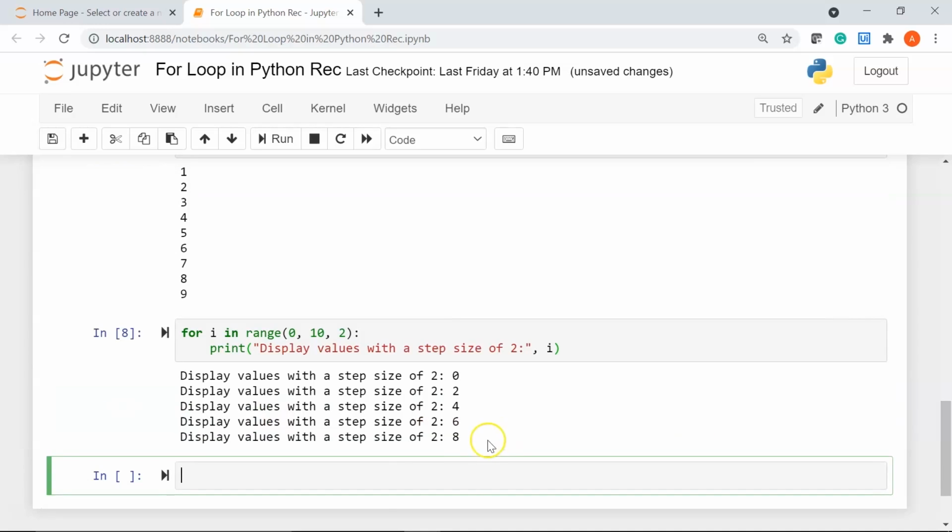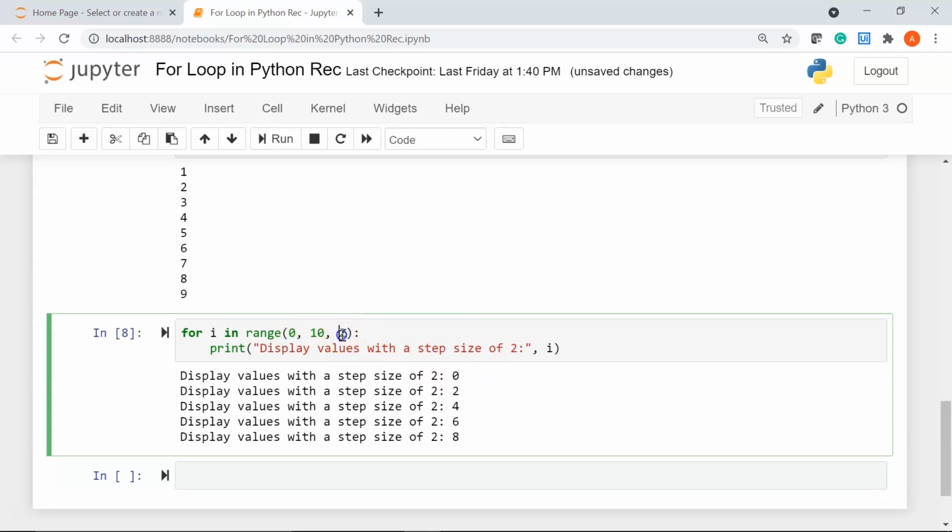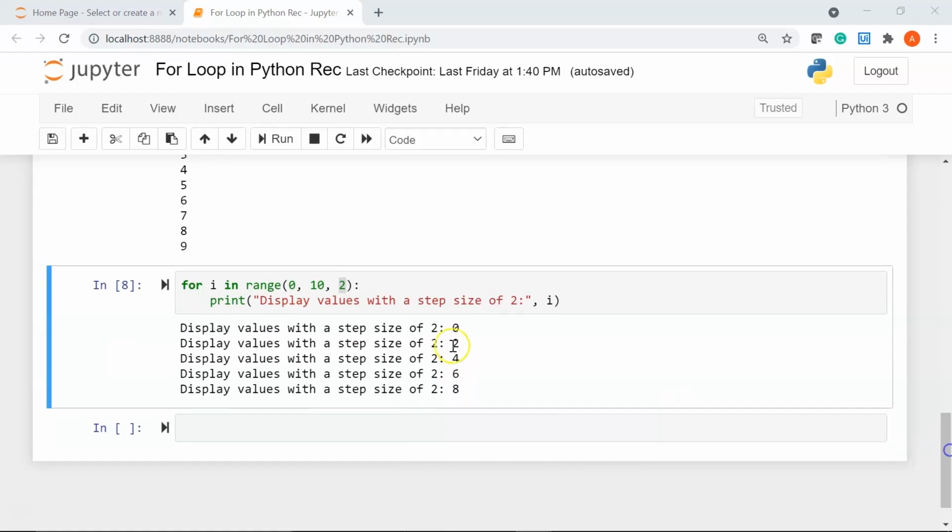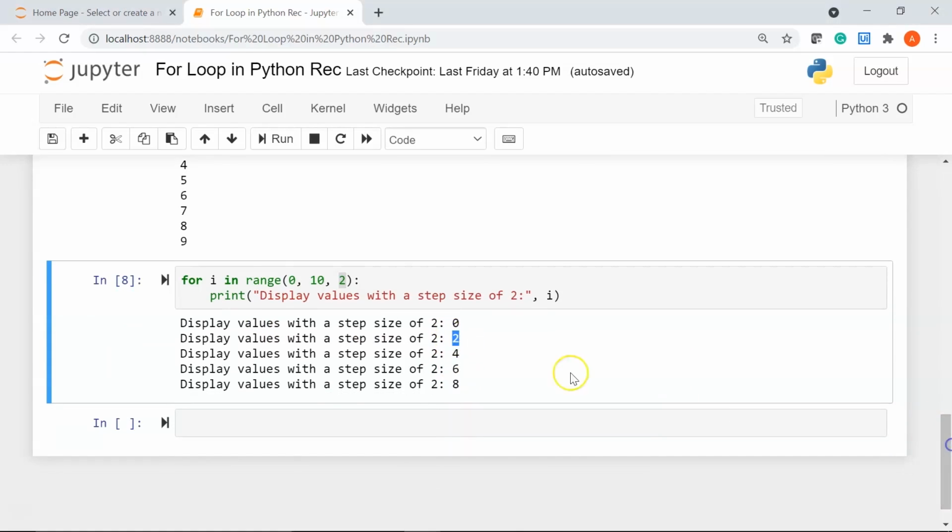There you go. So we have printed the values with a gap of 2. So it starts from 0, then we are jumping 2 steps, and then we are printing 2, then again 2 steps, we have 4, 6 and 8. So we are skipping one value and printing the next value in my sequence ranging from 0 to 10.